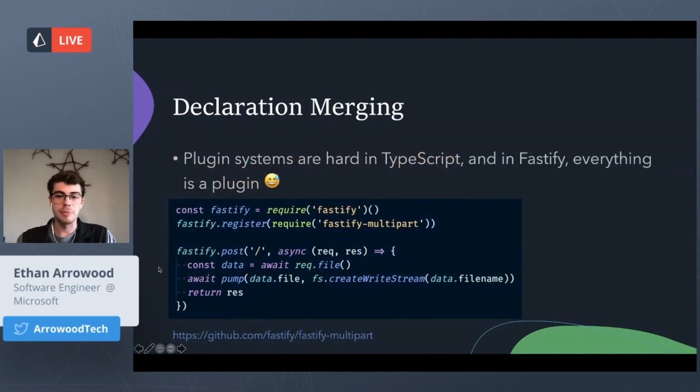So back to the presentation. I have one more little thing I want to share, and then we'll go back to the ideas of this validation part of our, this dynamic aspect of our data. And this is declaration merging. This is something a lot of people are familiar with, especially those dealing with external modules. Plugin systems are hard in TypeScript, and in Fastify, everything is a plugin. I don't want to get too much into details what that means, but the point is,